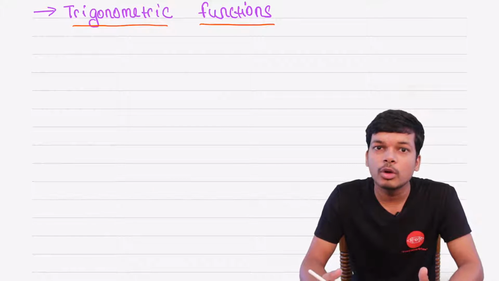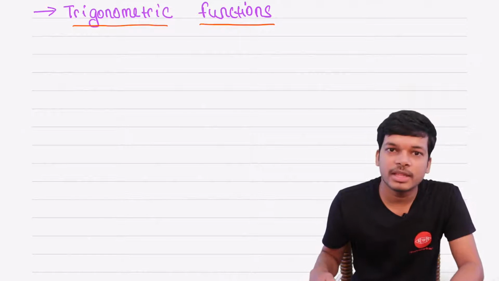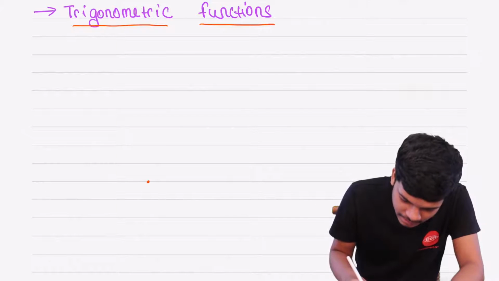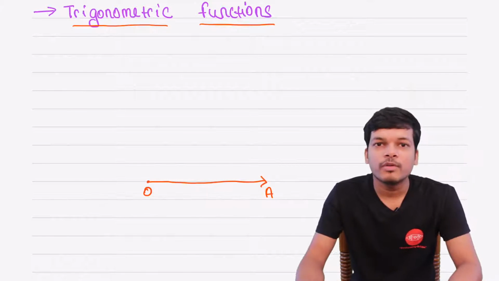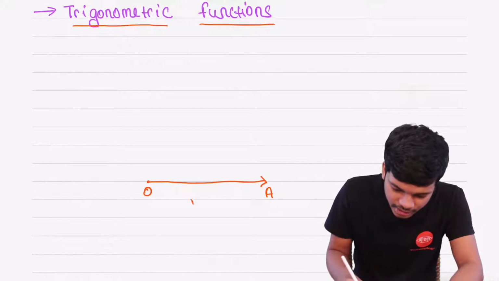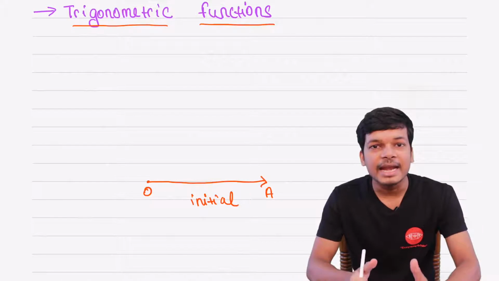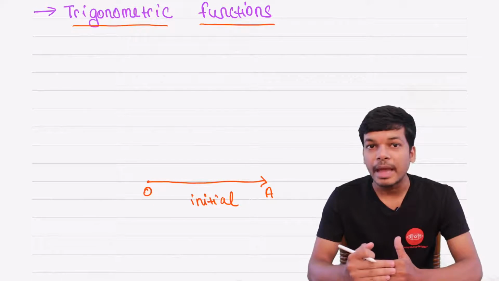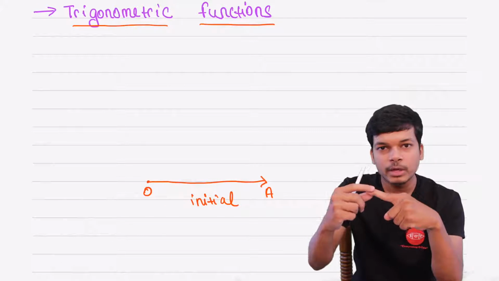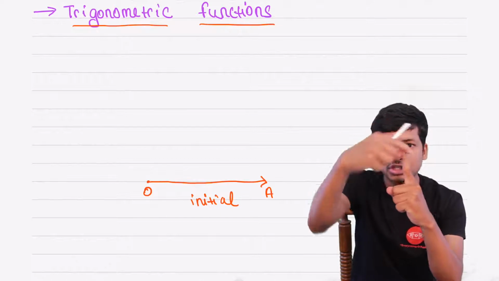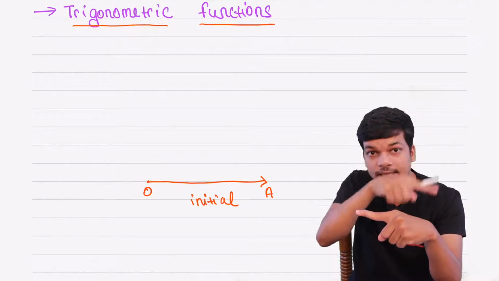Remember, as of now you already know what are positive angles. Now here let us first start with an example. So consider a ray here named as OA. This will be your initial ray. Now if we rotate this ray in anti-clockwise direction, remember the term anti-clockwise. Anti-clockwise means, suppose this is your ray, so when you rotate this ray in this direction, from here to here, this is your anti-clockwise direction.